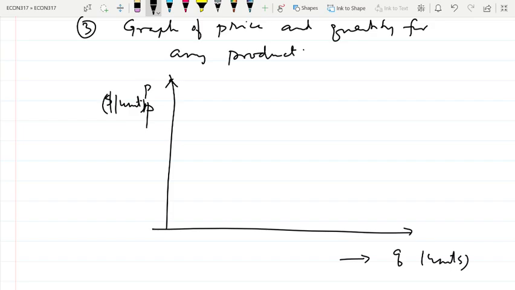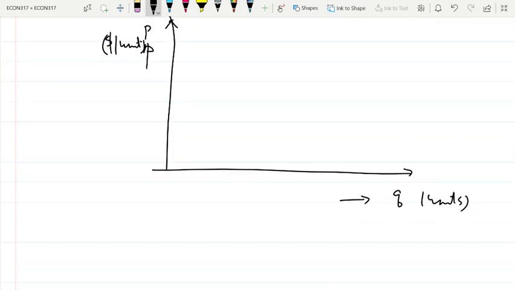And we can draw the relationship between price and quantity in this graph. So for example, let me draw a graph which looks something like a straight line with vertical intercept $10 per unit and horizontal intercept again 10 units. So now we can see all these three formulations of the demand function could be